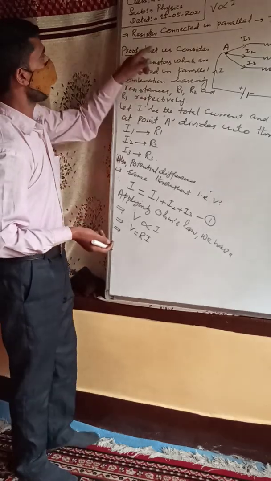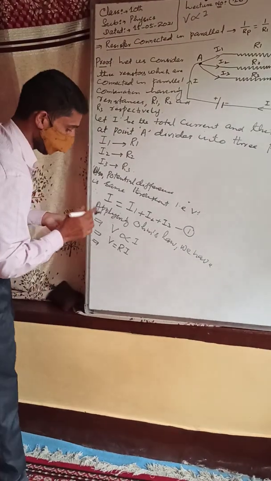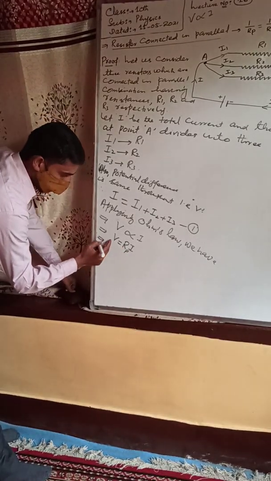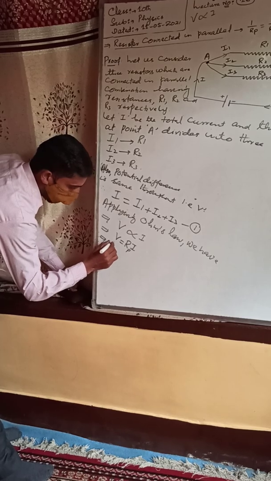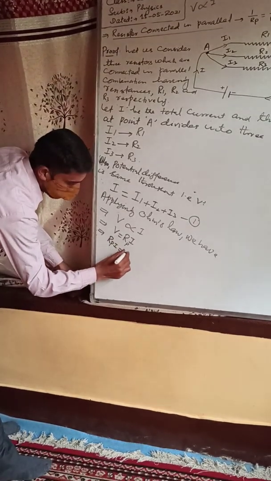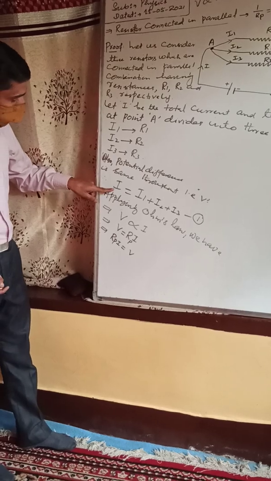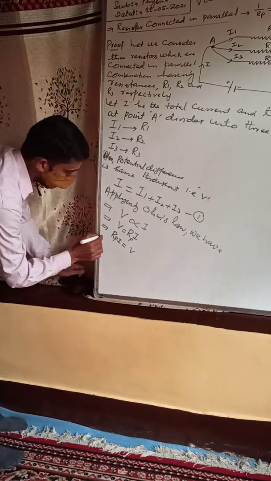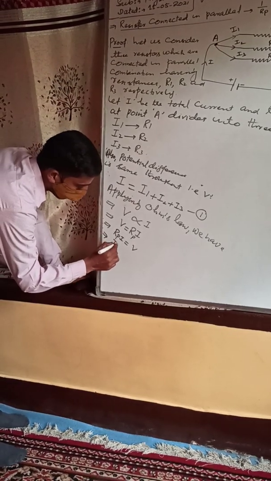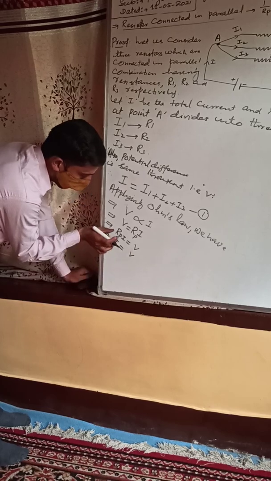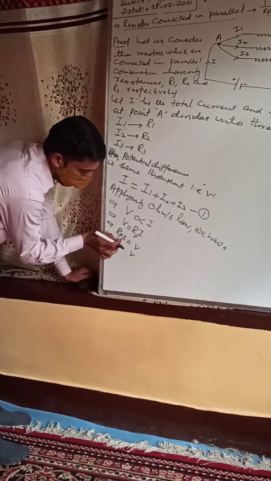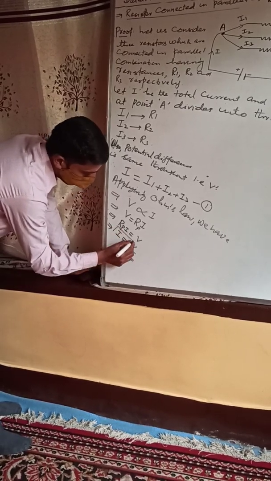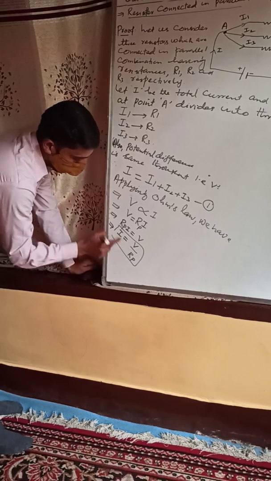Since we are discussing resistors connected in parallel, we will put here P. P stands for resistance in parallel. Since V is equal to Rp into I, so I may write here Rp into I is equal to V. Now is I present here? Yes. Let me find the value of I. Keep this I on the left hand side, V on the right hand side. We will take this Rp, which is multiplied with I, to the right hand side. It will be divided. So this I equal to V by Rp.